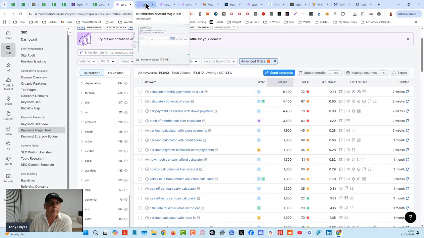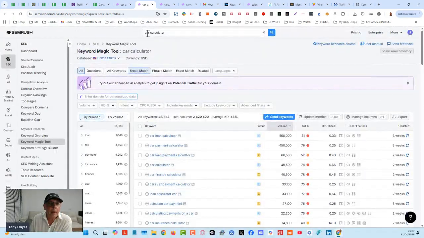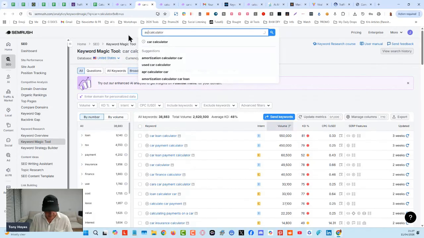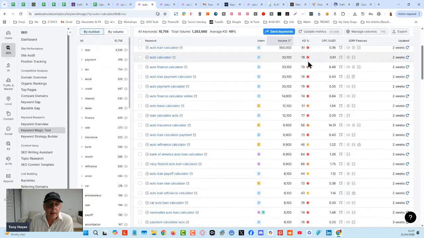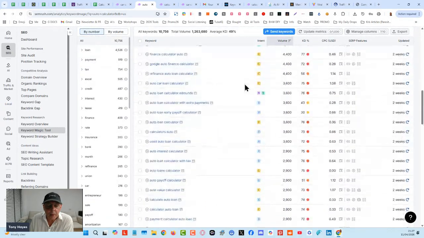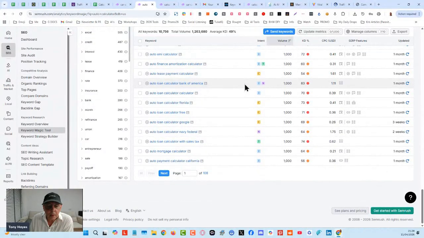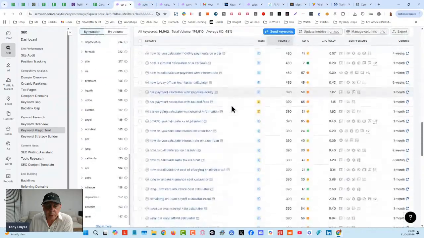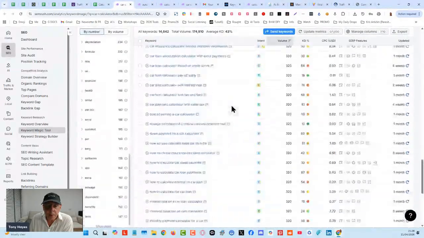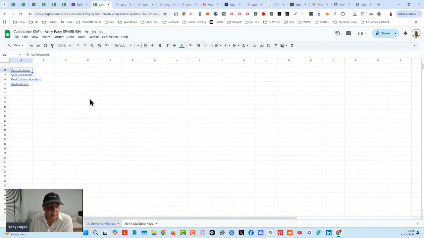Let's see if there's the auto one, because it's kind of bothering me now. I don't have it. And that can give you massive advantage. And the cool thing is it takes not long to put these together, okay? Not long to put them together at all. Just see if I can find it. No, not seeing it right now. Let me just see again over here. It must have been the car one. And there was a whole bunch of these. I spotted it earlier. I should have put it in my little CSV that I've got here.